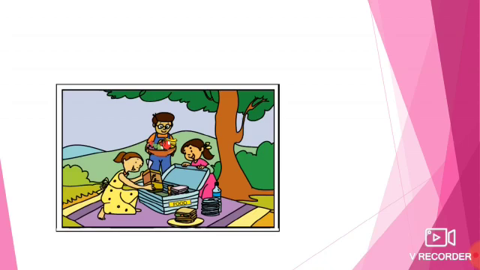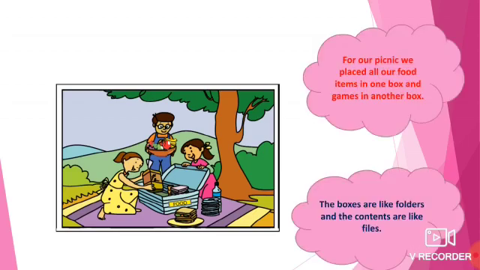If we arrange like that, what will happen? You can easily identify the things in it. For that purpose only, it is labeled as the food box. For your picnic we will place all our food items in one box and games in another box. So how do we relate these to files and folders? The boxes are like folders and the contents are like files.